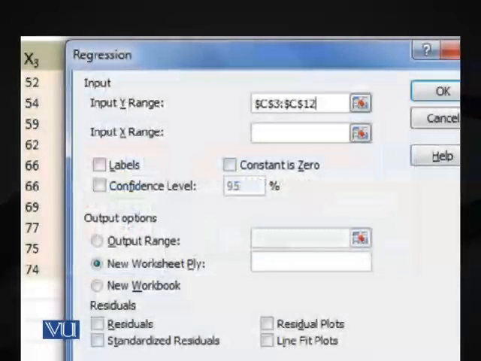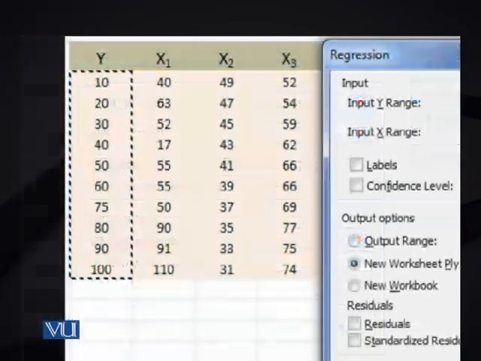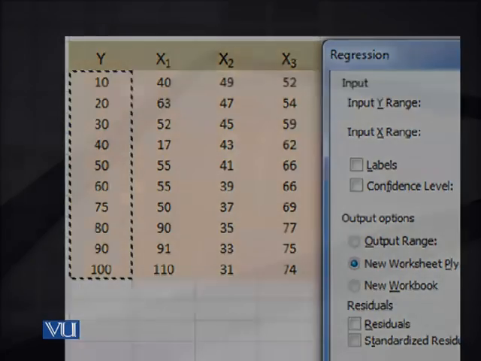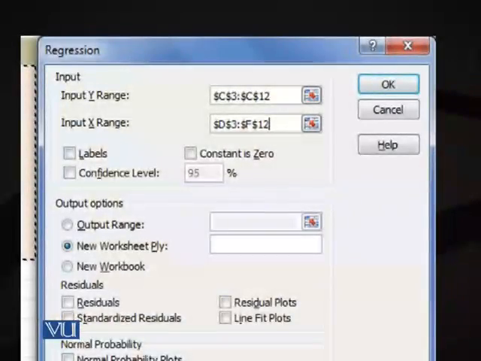When you click it, you have to give some inputs like the Y range, the X range, the cell references. Remember that all these columns should be placed together. If you have your X variables or independent variables in different places, it will cause a problem. Another thing to remember is that you can do this for a maximum of 16 independent variables. You are seeing a graphical representation of how to use it.